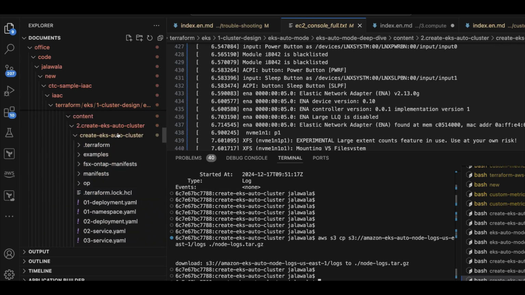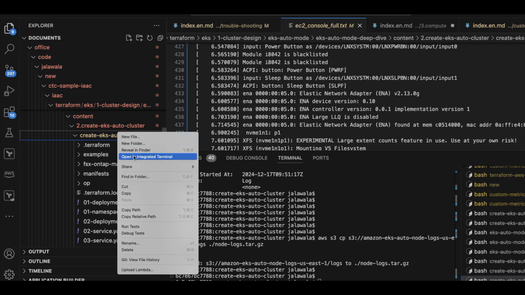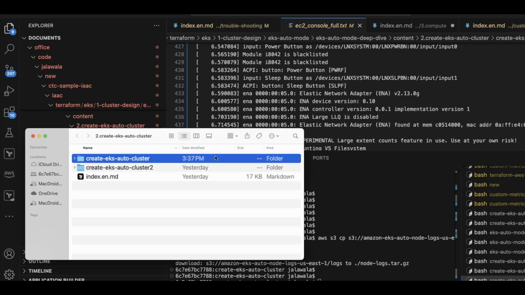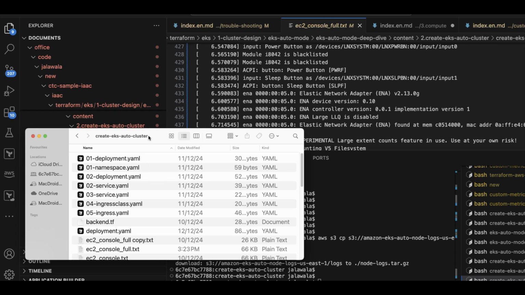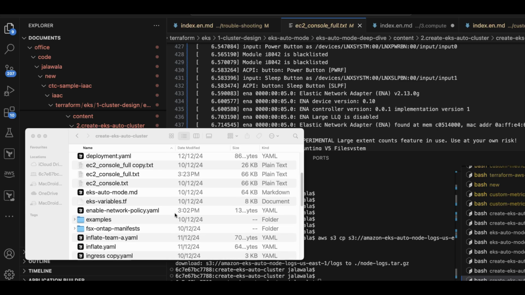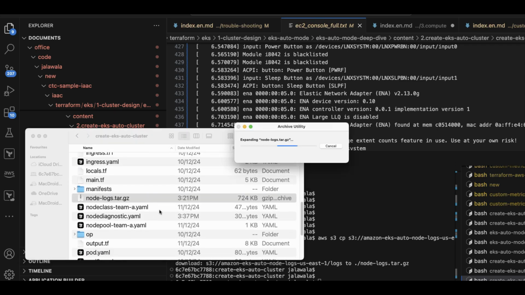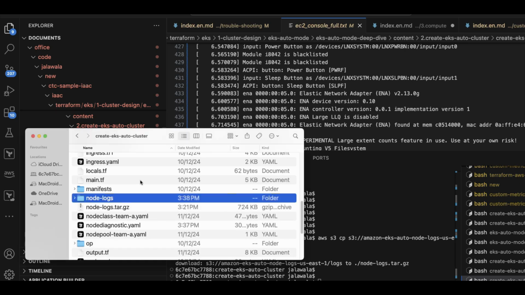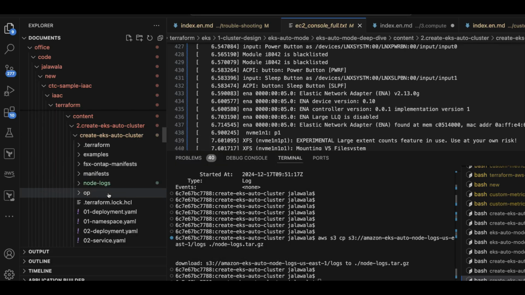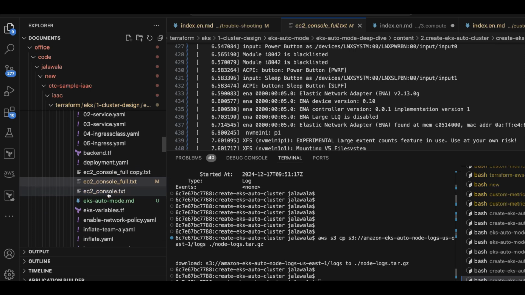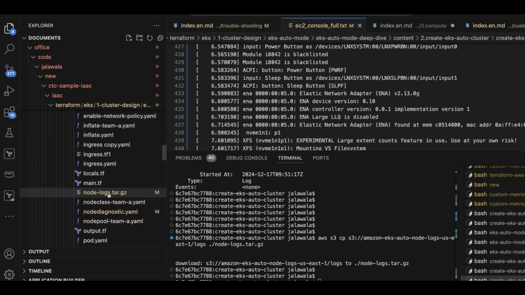Let me first go to this folder, and within that let me extract this one, and you will see the node logs. If I come back here, the node logs folder,